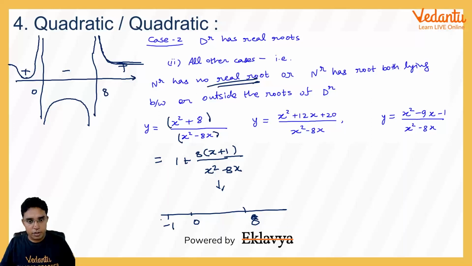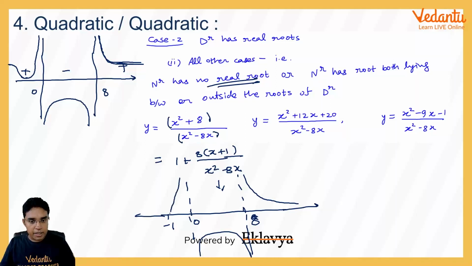Yes, -1 here. So the graph of this linear upon quadratic should have these two danger lines,